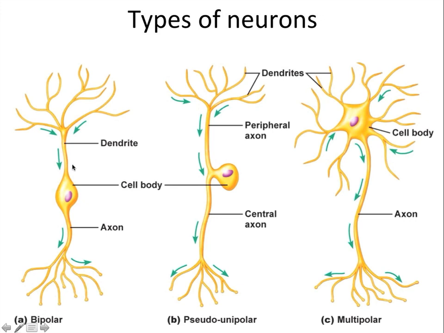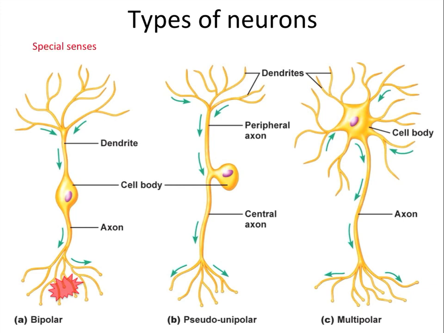And this is bipolar because it's got two poles. So it's got one dendrite and one axon. And so what happens is that the action potential is going to start in the dendritic portion of this bipolar neuron, and it's going to travel through the cell body and down the axon to the axon terminals. And where you'll find these bipolar neurons, it's actually quite a rare type of neuron, is in the neurons